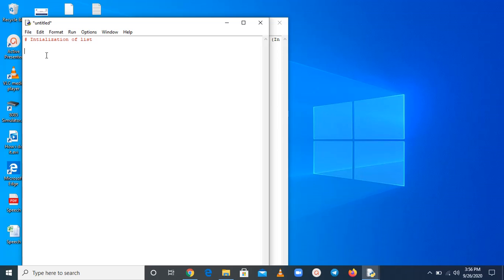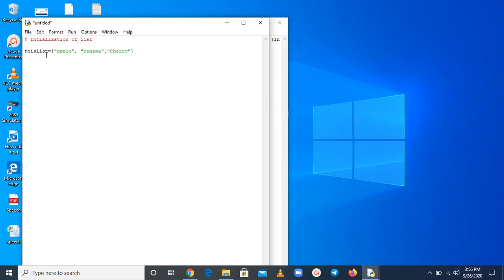Suppose I have taken this example list, and as already told, you have to use a square bracket here and pass the items, whatever items you want. Suppose I have taken apple, banana and cherry. Okay. I have taken 3 items and your list is complete.